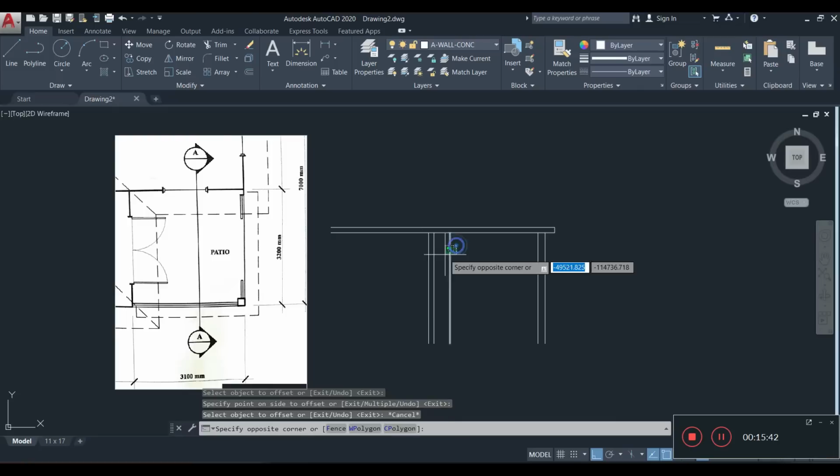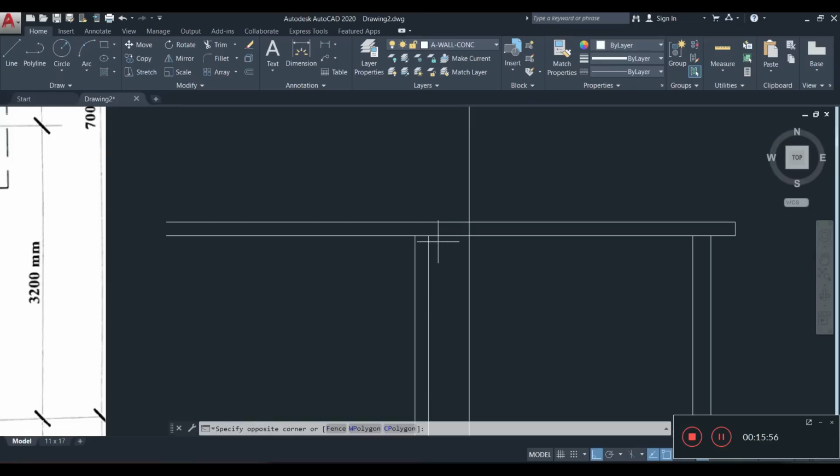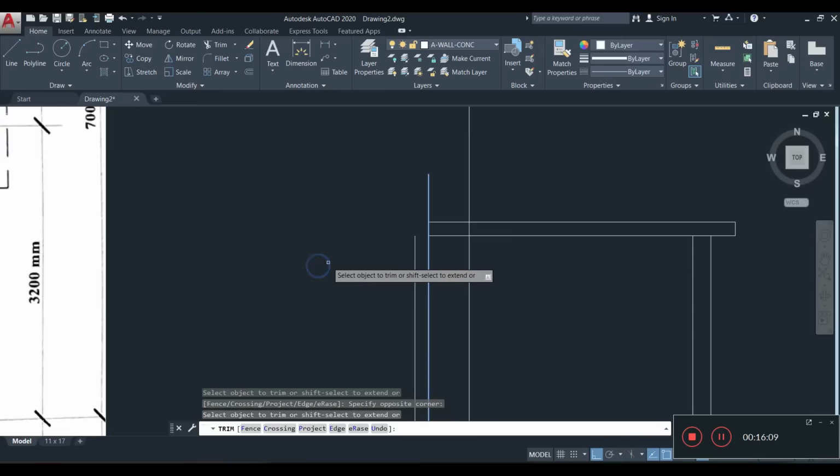So I know that the roof of the main part is going to be somewhere along this line here. Alright, how far it is away from this slab roof here, I'm not sure. So what I'm going to be doing is that this line here, that's where the wall will stop, or this portion of the roof will stop. Alright, so I'm going to trim away the horizontal lines right here, like that,